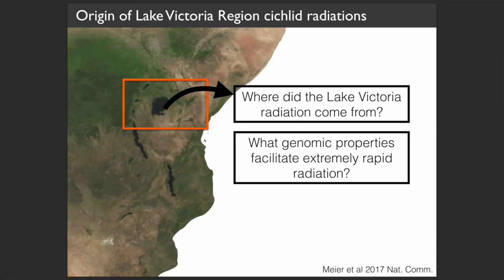We've been using this genomic information to ask these questions about the origins of exceptionally rapid species diversity in Lake Victoria, specifically asking the question, where did this Lake Victoria radiation come from? And what genomic properties facilitate this extremely rapid radiation? And the work that I'm going to talk about now is led by Joanna Meyer, who is now a postdoctoral